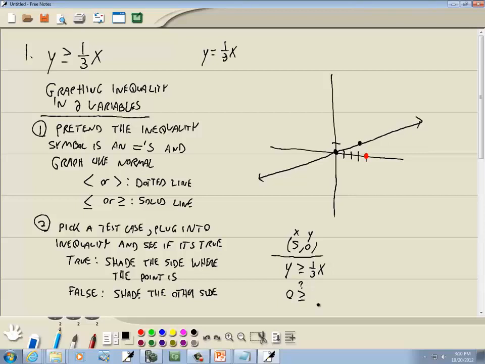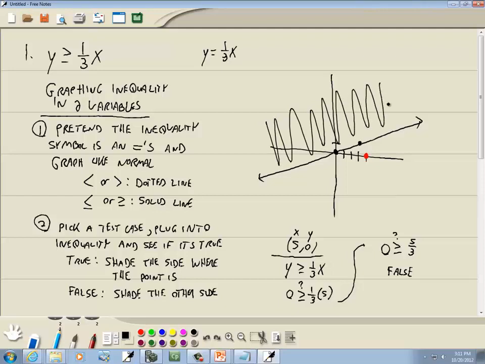This is more of a question mark. We're wondering if that's greater than or equal to that. And then we'll put 5 in for the x. So we got 0, and this is a question mark, 1/3 times 5 gives us 5/3. Is 0 greater than or equal to 5/3? No. So this is false. Now, if it had been true, then we would have shaded the side where the point is. So if it had been true, we would have shaded this side. But since it's false, we're going to shade the other side. So that's our answer right there. And I may do one more by hand just so you see it, but